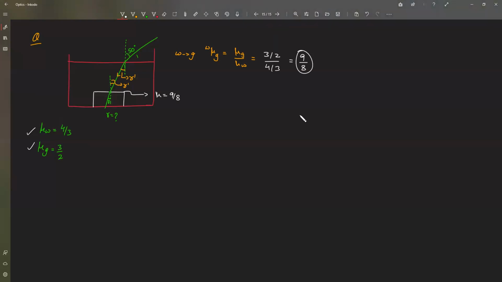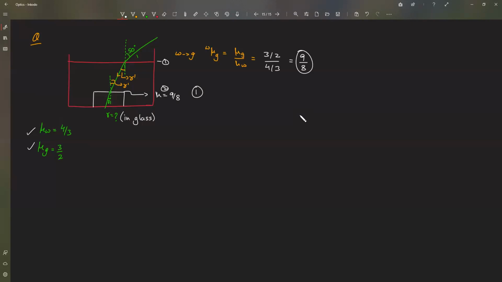Yeah, 9 by 8. Sine R is equal to... What are they asking? R, right? Yes, this final R, the angle of refraction in glass. I'm getting a weird answer. Okay, because we'll go step by step. First thing, because that is also important, at the water surface. This is the first surface, and this is the second surface.